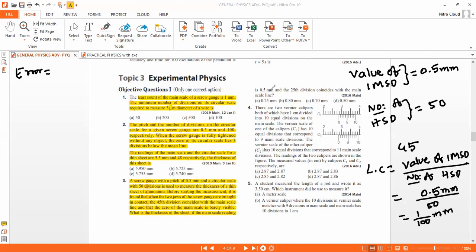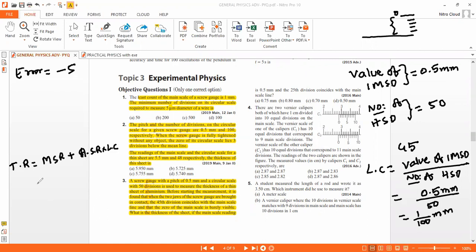Here the reading is plus 0.5 now. That is likewise in the mean line. Here it is 0 and the reading will be 5. So that means the error will be minus 5. Okay? The error will be minus 5. So the total reading is the main scale reading plus the head scale reading, HSR into least count.